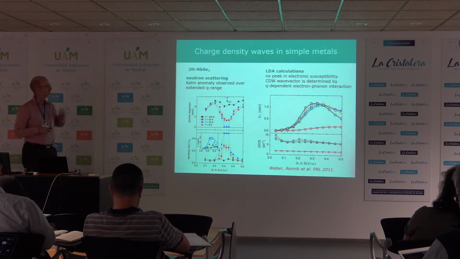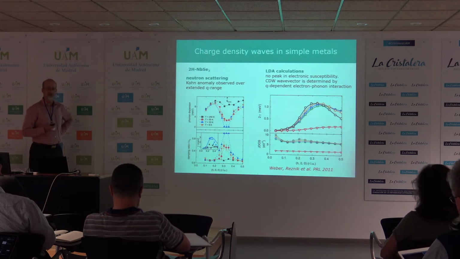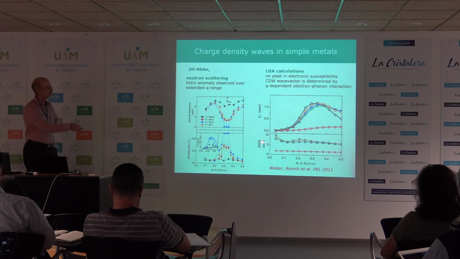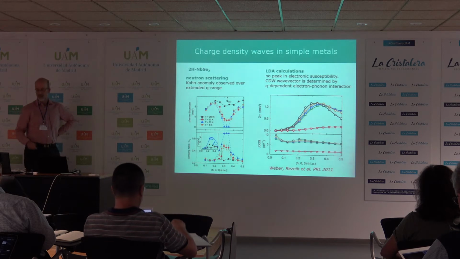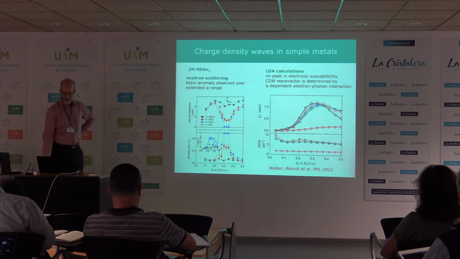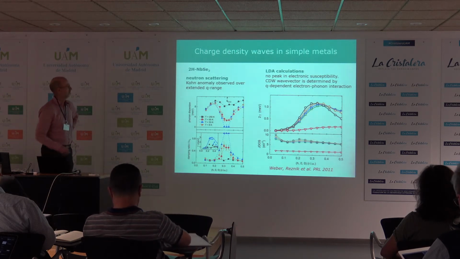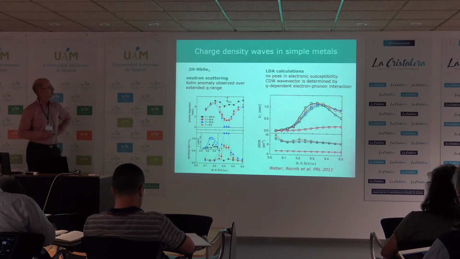What they found was actually that there's no prominent peak in the electronic susceptibility at this charge density wave vector, even though there is a large anomaly in line width, even in LDA. So they could reproduce these Kohn anomalies, but then they argue that